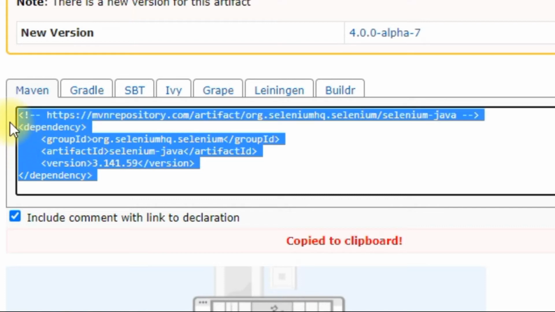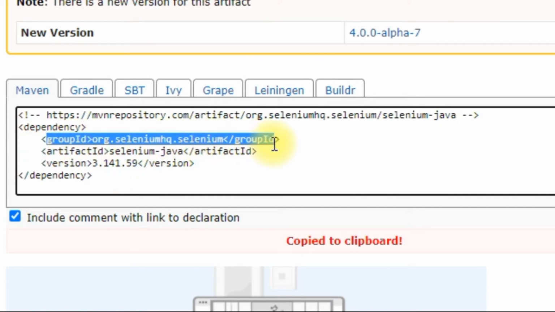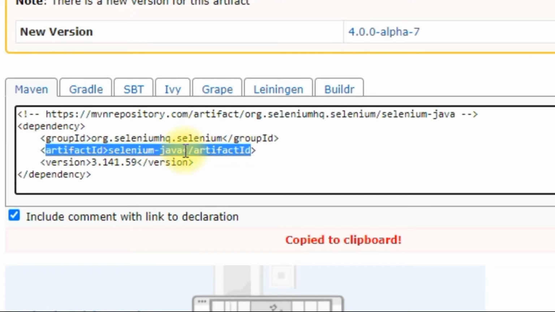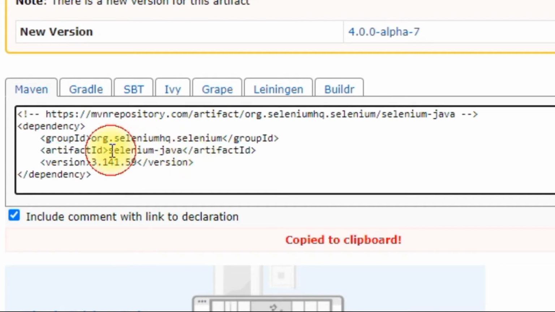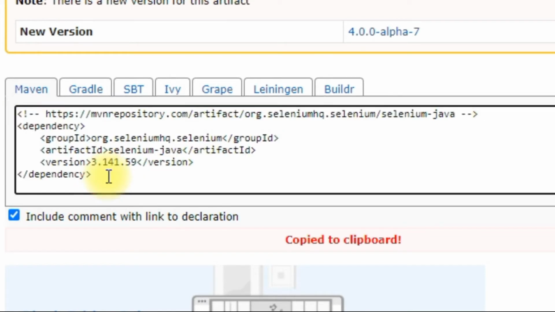So when we write these 4 lines of code in our Maven project, Maven will first of all come to this group ID. It will identify that the dependency is of Selenium, and after this group ID it will go to the artifact ID and check which type of Selenium is used. Here Selenium Java is used, and after that it will move to this version and check what is the version ID of the dependency. Using these 4 lines of code we can include the dependency in our Maven project, right?